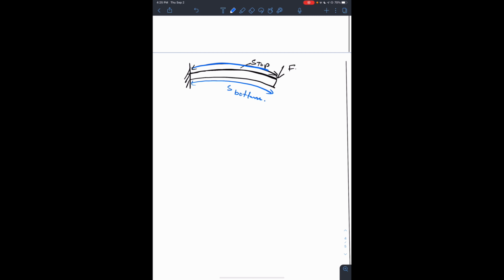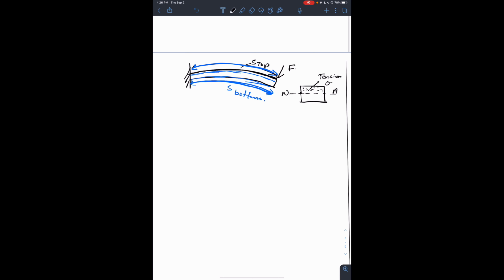Right, so this distance on top here is greater than this distance below here. That means the fibers on top are stretching, whereas the fibers below are compressing. This is really supposed to be a recap of strengths of materials. If we look at the cross section of the beam, this is what we call the neutral axis. The fibers on top, coming out of the page, will be in tension